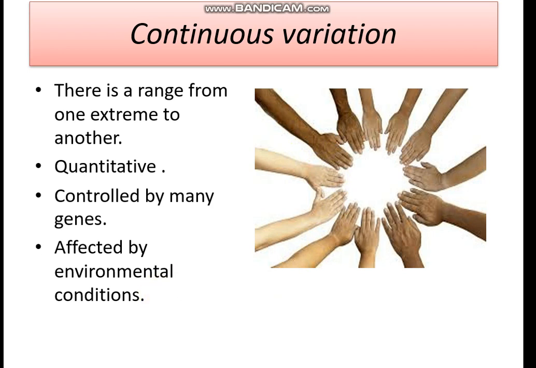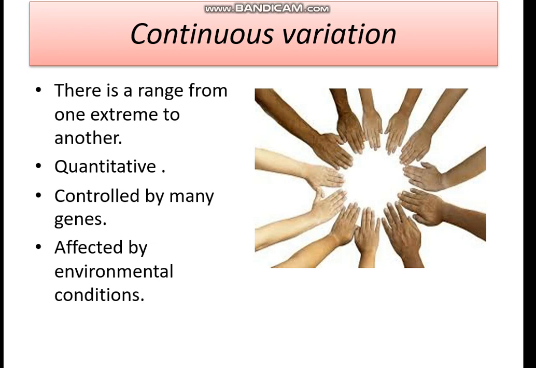Similarly, the trait of height. Let's say height is also a continuous variation. The trait is height and the person possesses the genes of tall height, but the person is living in a condition where enough food is not available. So although the genes suggest that the person should be tall, because of lack of food, which is an environmental factor, the person may not become tall.